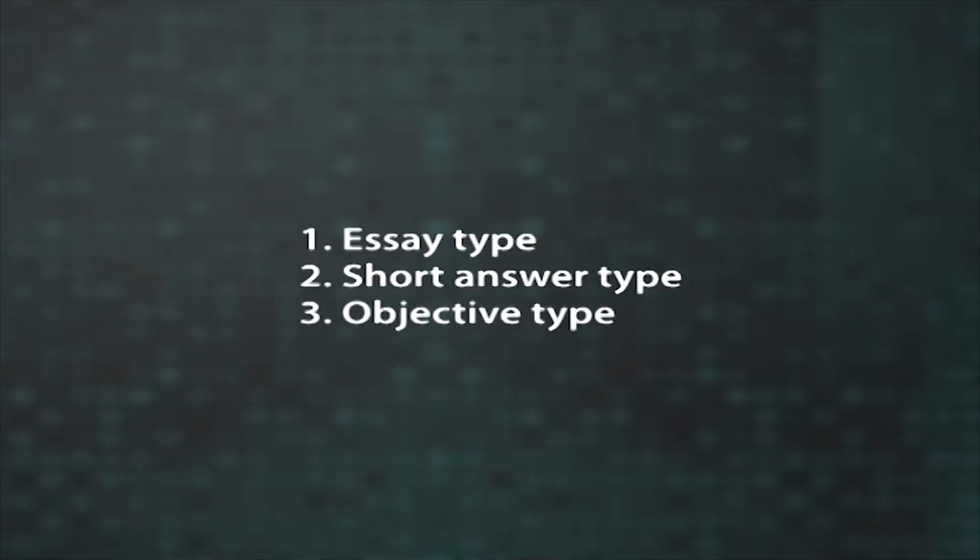Most of the test items we use come under one of these categories. Typically, we use three major types of test items. They are: 1. Essay type, 2. Short answer type and 3. Objective type. We will examine each of these types, their characteristics, uses, advantages, limitations, etc. in this unit and in the coming units. We will also see how they differ from one another and how to construct each type following specific guidelines.